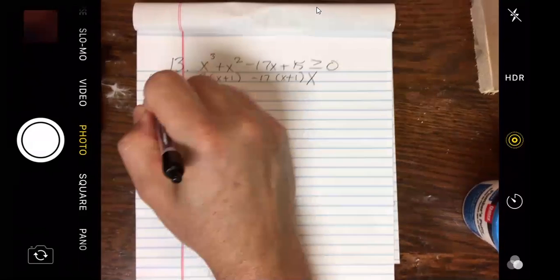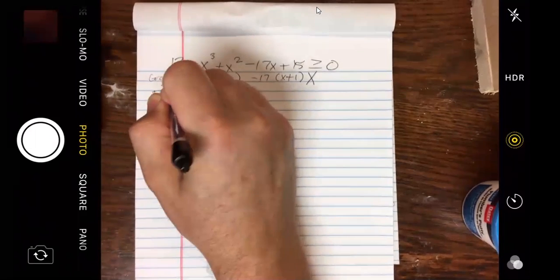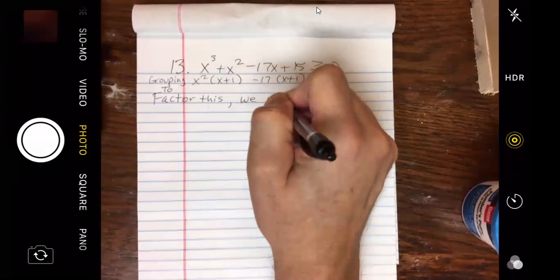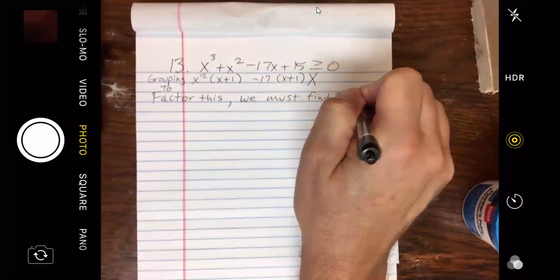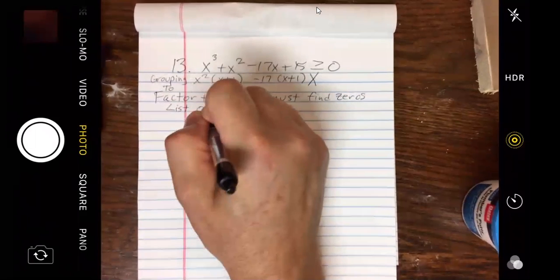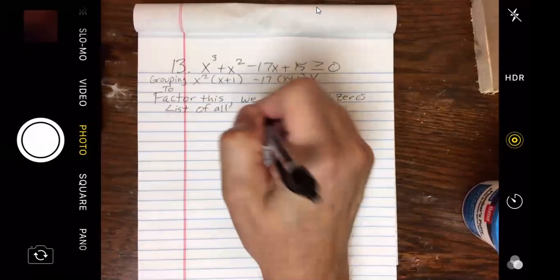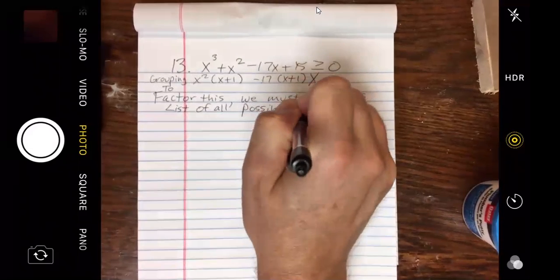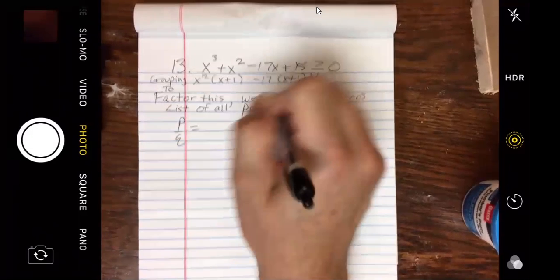because to factor this, we are going to have to find a zero. To factor this, we must find zeros. So we need our list of all possible zeros. This will be a good review of earlier sections. This one they haven't made easy, so we're going to have to resort to our list of all possible zeros. You remember they call that P over Q, and it's factors of 15